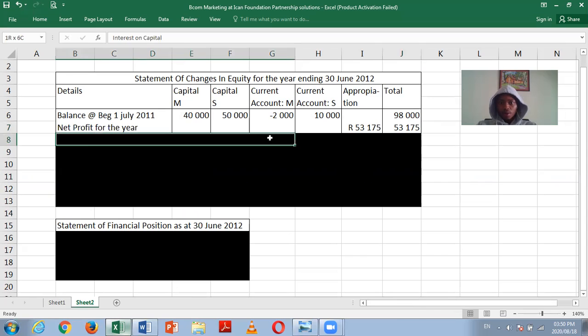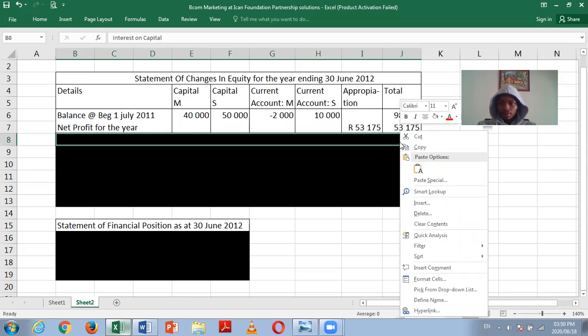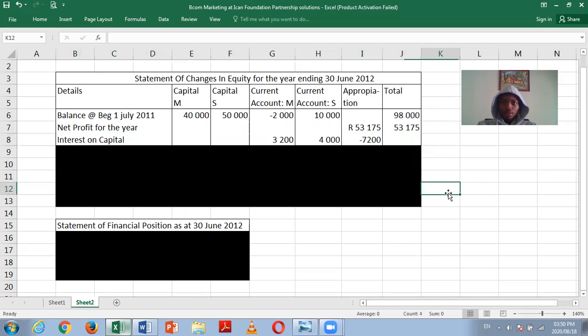Okay, now on our transactions, the first one we had what? Interest on capital, right? Interest on capital affected our current account, on the credit side. So basically, here's what's happening. Whatever is on the credit side of the current account is going to be positive here, and whatever is on the debit side of the current account is going to be negative here. Or I can say whatever was earned by the partner is positive here, and whatever was charged to the partner, or whatever the partner is liable for, is going to be negative here,